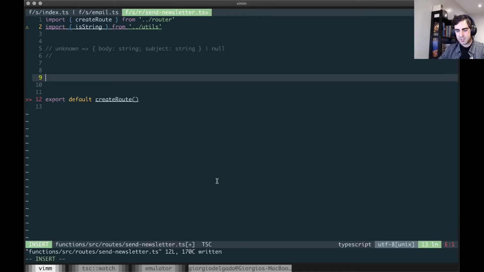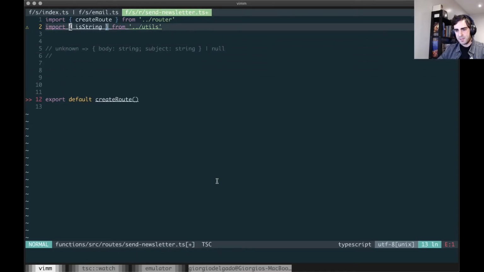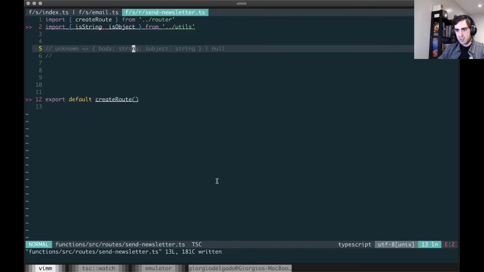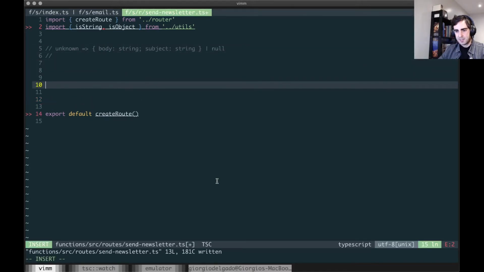So let's try it out. And we also have isObject, right? So we're going to need to make sure that the fields are both strings and that the whole container is an object with a field called body and a field called subject. So let's do that. So let's just say validator is equal to,